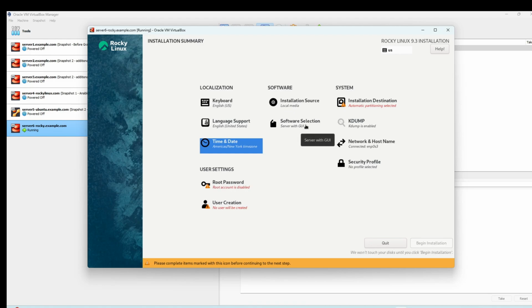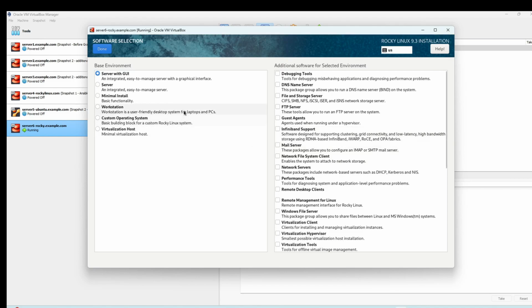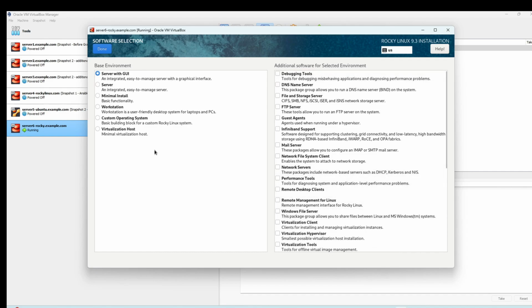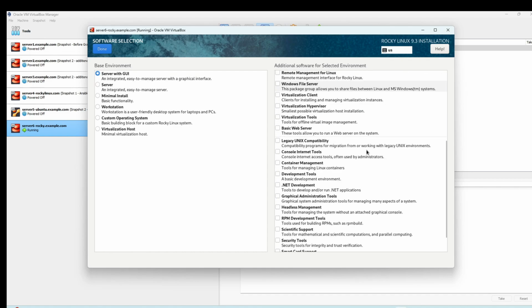And let's discuss software selection, which basically, as soon as you click it, you see you have different options to install your operating system. Now, because we went with a Rocky Linux server, this is not necessarily designed for home usage. This is more like building stuff inside this operating system, or using it to manage your infrastructure, or using it to build your own FTP server or your web server. And we have options like server with graphical user interface, where we can pick different things